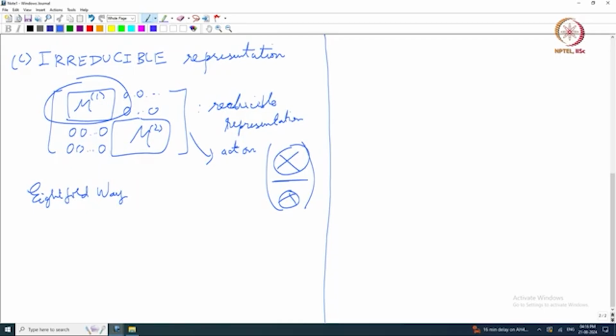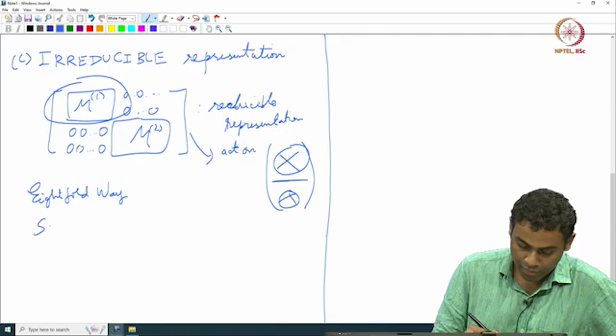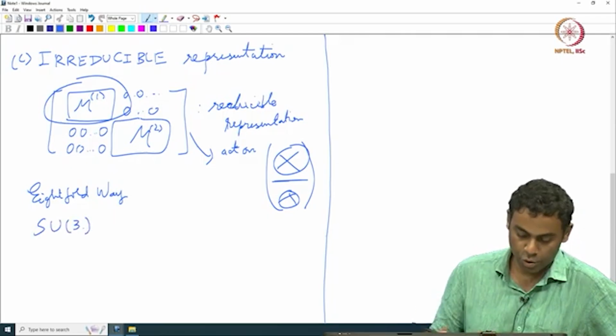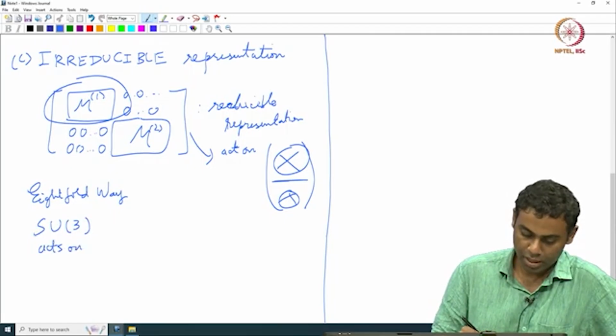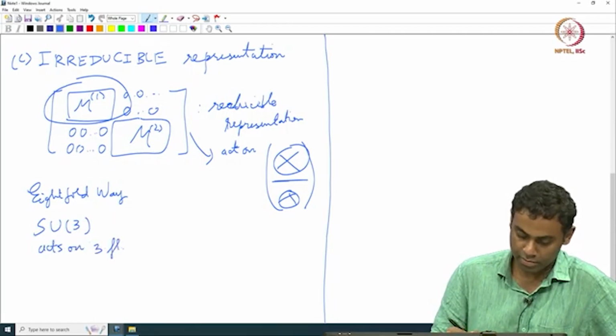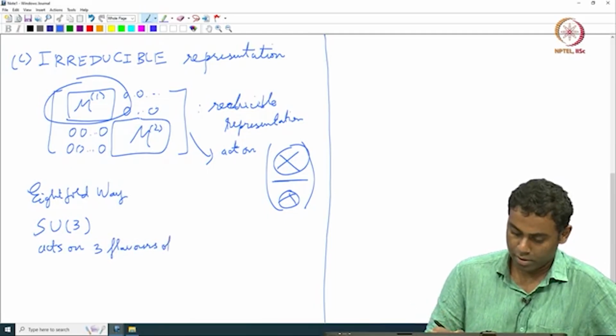So, the eightfold way basically comes from the SU3 group that acts on 3 flavors, the 3 light flavors of quarks,